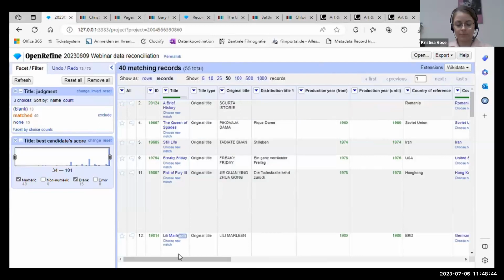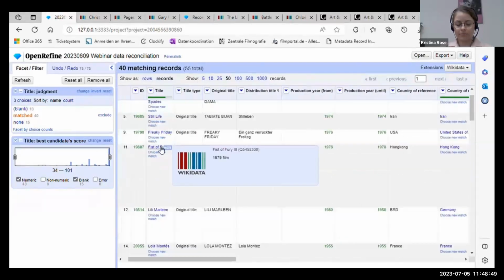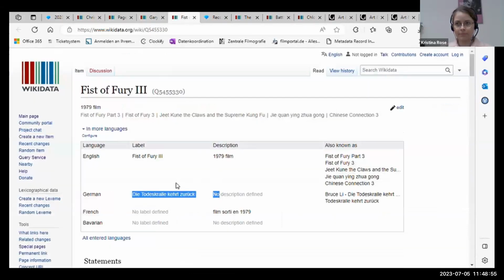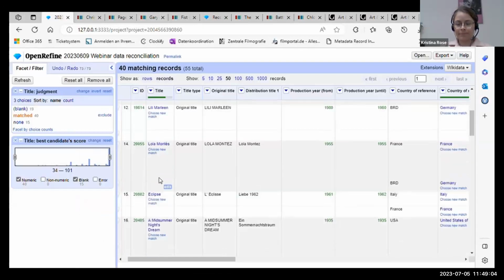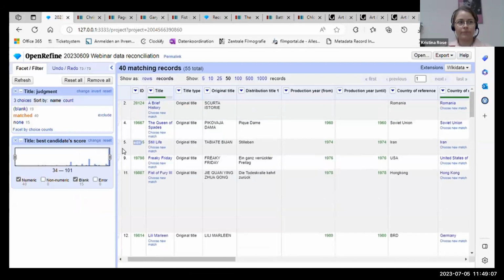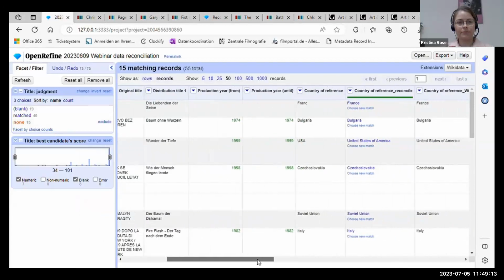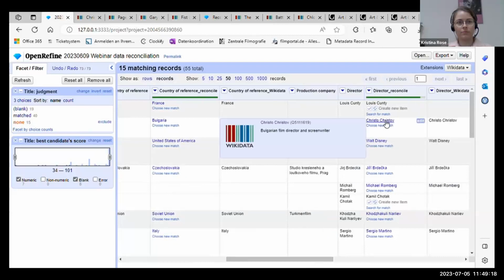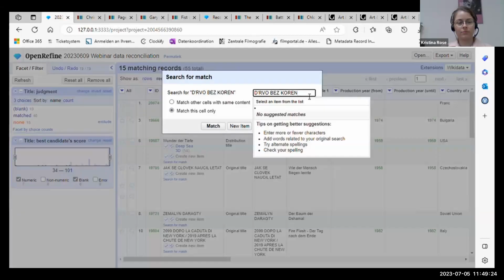Queen of Spades, this looks good as well. Fist of Fury, interesting. I will click on this to see, the German title actually matches my data. So now again you can click yourself through these matches and also the ones that haven't been matched to see if there are some results missing. For example, my Bulgarian film work, where I saw by clicking on the director that this film is actually in Wikidata, I can then again search